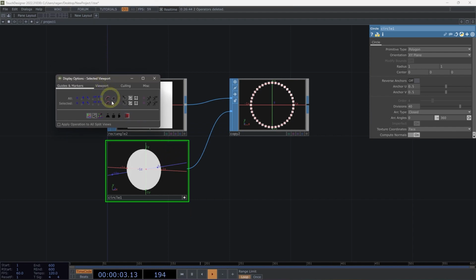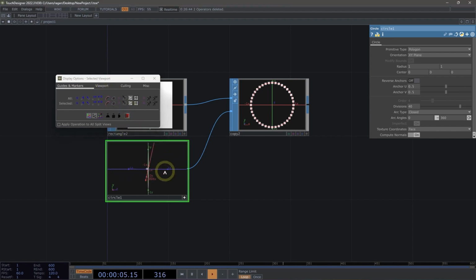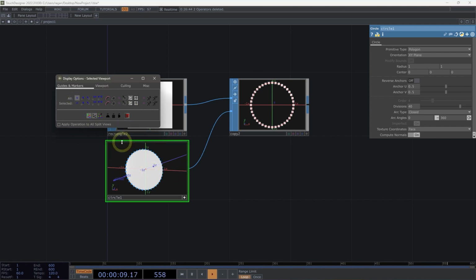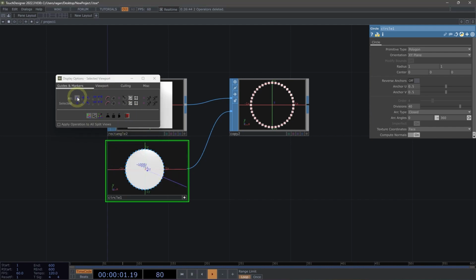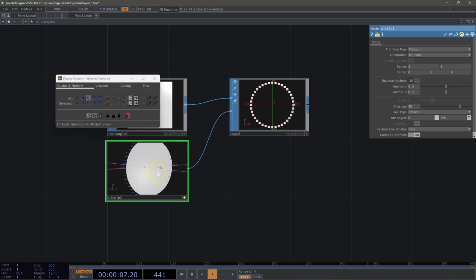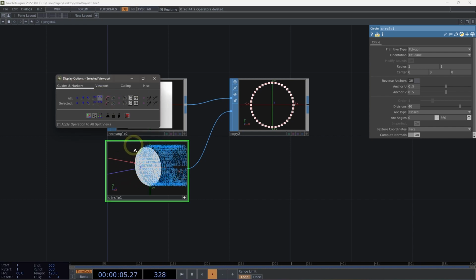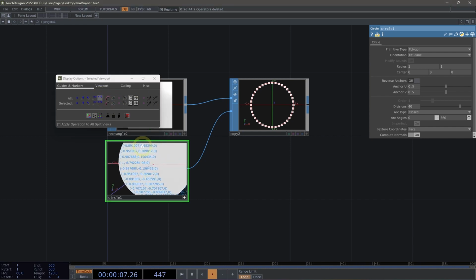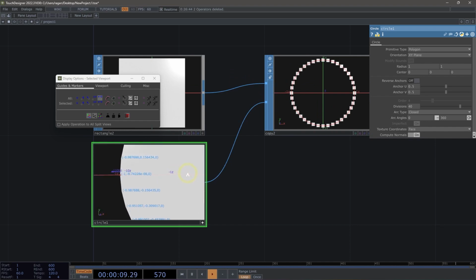This will bring up another floating window that will actually give us a few other ways to view information for our surface operator. We can see the position of the vertices. We can see the number count on the vertices, which can be helpful. We can see the normals, which are often very useful when we're trying to think about orientation or how our lighting is behaving here with our surface operators. And we can even see the X, Y, Z position for each one of our points as we pan around